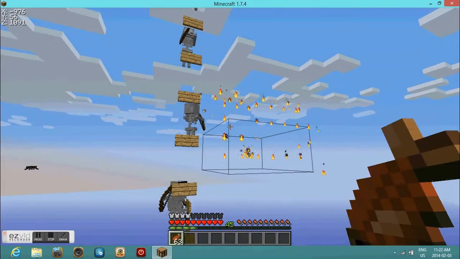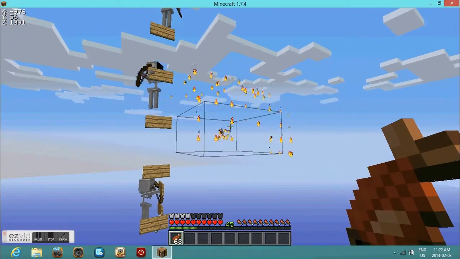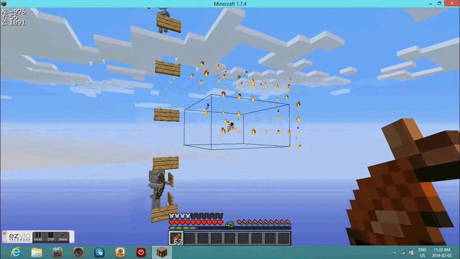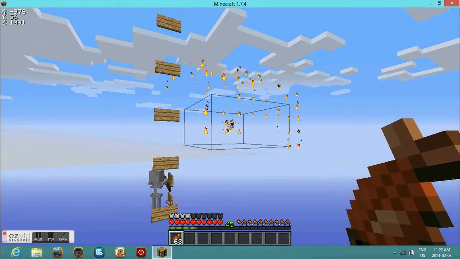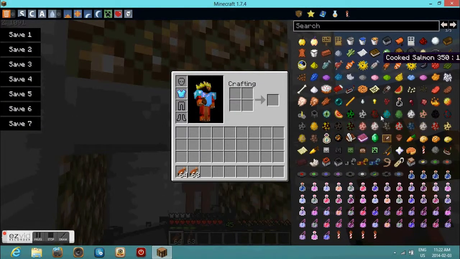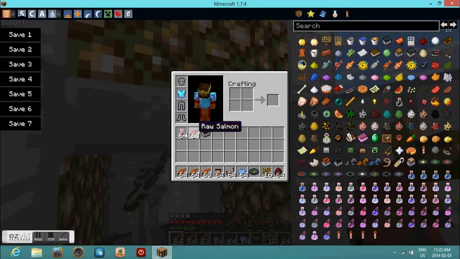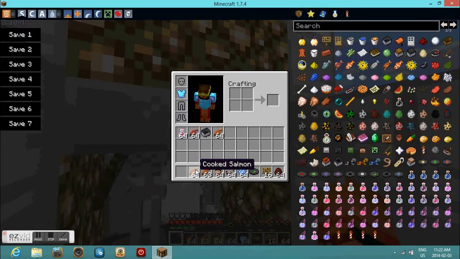So the mod I'm using for this is actually the X-ray mod. I'll put a link in the description below for the X-ray mod and the TMI mod. So that's this. You can just do like, whoa, yeah, I want a lot of stuff. Let's see, you get a 64 stack. And the thing I really like about this